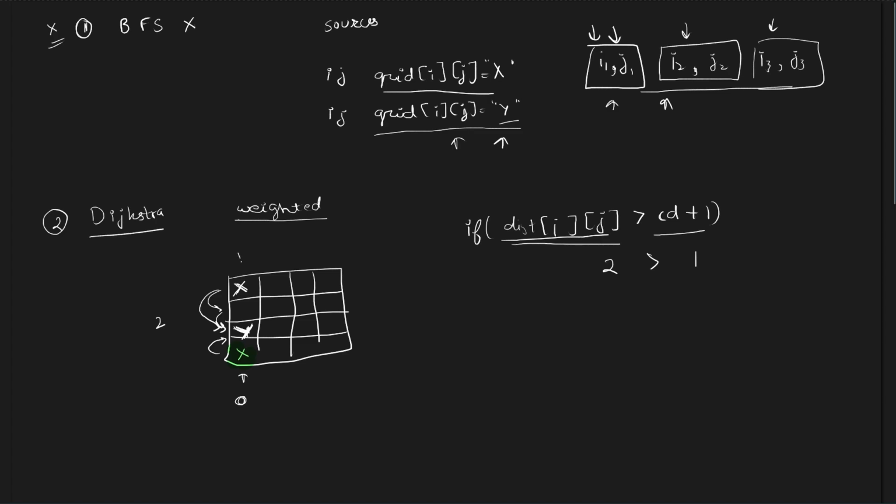For example, this particular x has a distance 2 from this y, and the second x has a distance of 1 from this y. So if it has a smaller distance, then we should allow it to update the distance of y, and then similar to Dijkstra's algorithm, we push this element y, along with the distance, into the